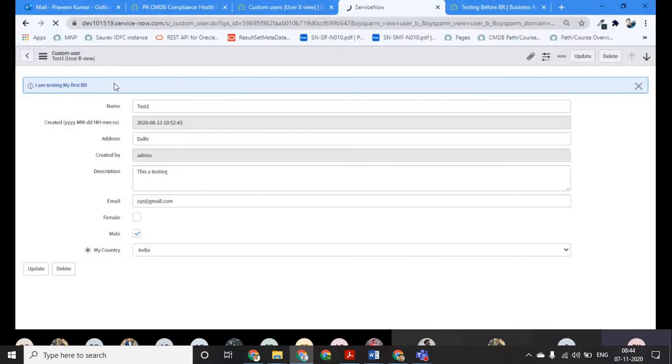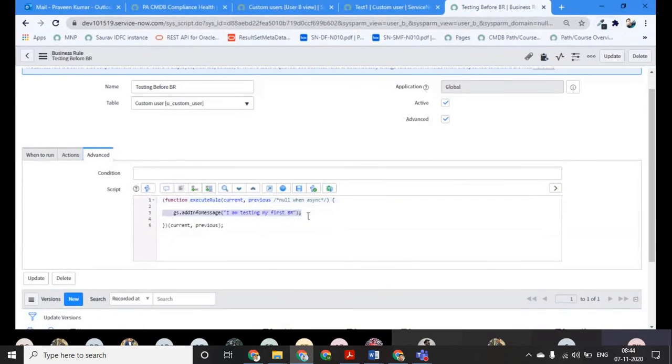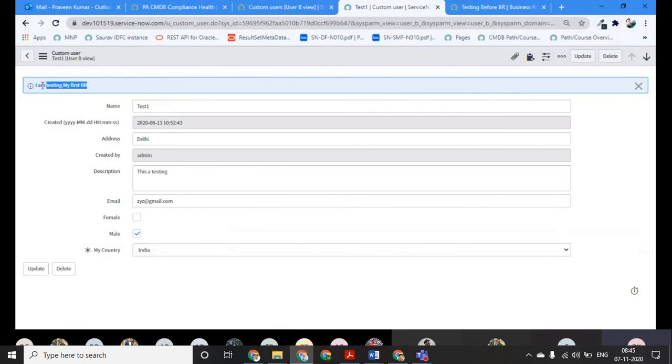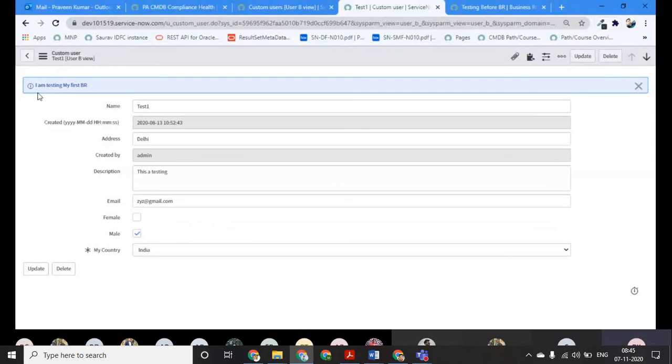You can see in this way this addinfo message will behave. Whatever content I have given here, it will come here at the top of the form. Right now, I told you that there is another message as well, add error message. It will convert the color towards the reddish, right? So this way, whatever I am doing now, I can